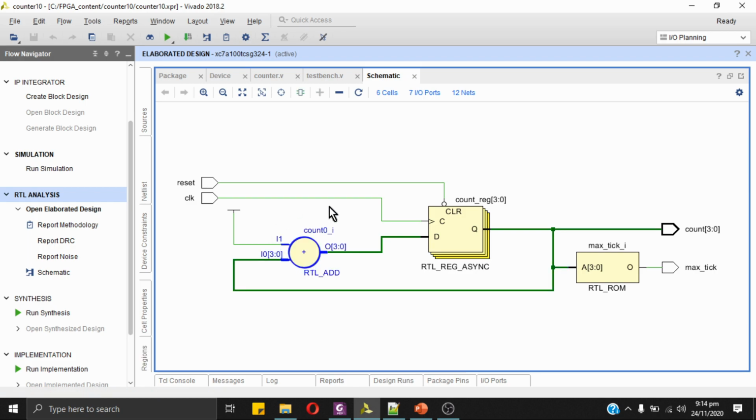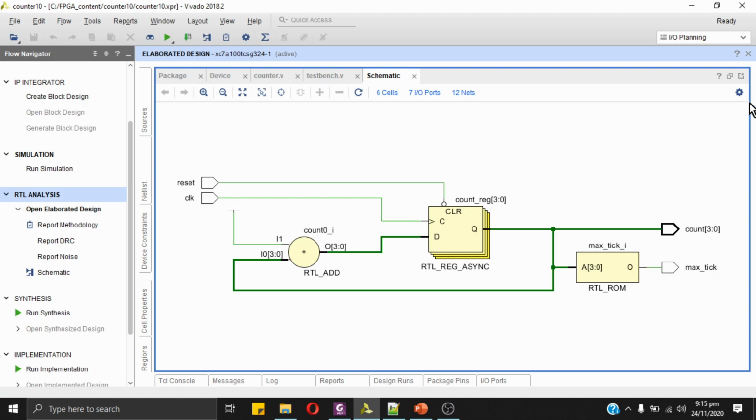So here is the next state logic block. We can see that this is a state logic block, and it is controlled by clock and clear, and we have the Q output. This is the counting output that goes straight to the output port, and we have another signal, max tick. Max tick was the output logic, and it was comparing the output of this state logic, or counter, with 15. Whenever this comparison was successful, the max tick signal goes high.